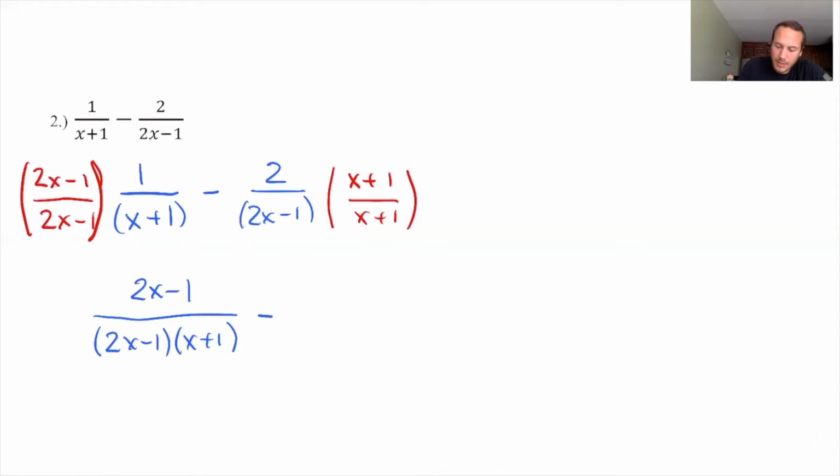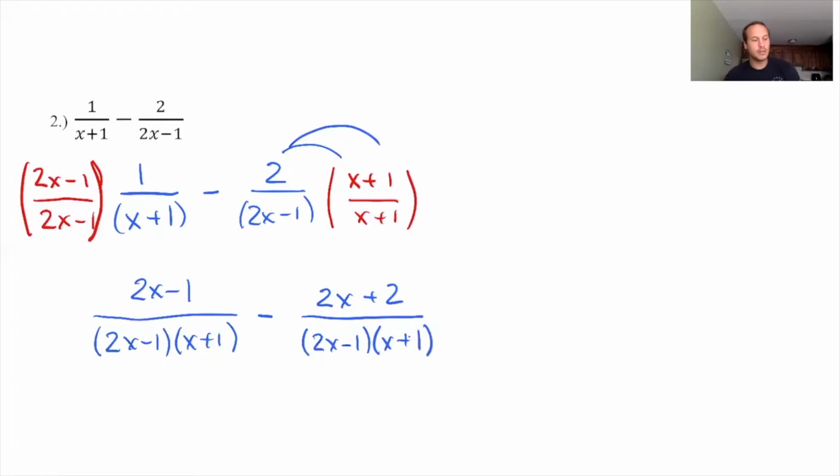If I were to multiply this out, I'm going to have 2x plus 2 over 2x minus 1, x plus 1. So now I look, are my denominators exactly the same? They are. Okay, so now that they're exactly the same, what I can do here is I'm going to rewrite